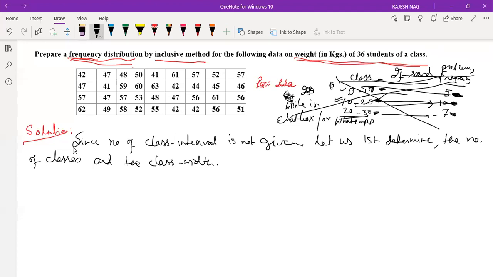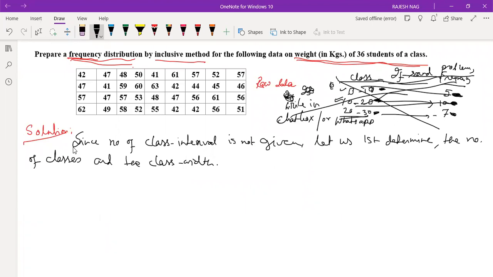36 students. One type of data. But how many? What is the number of values? 36. And that is weight data of